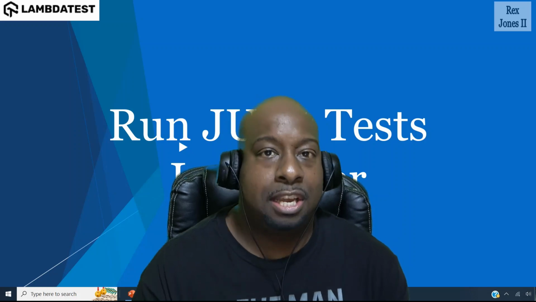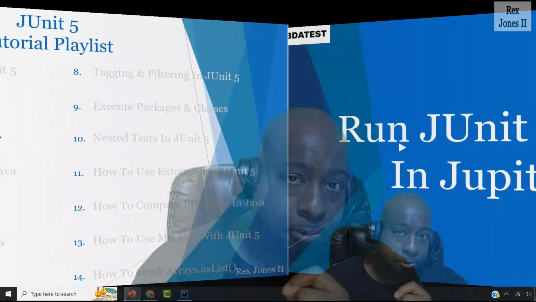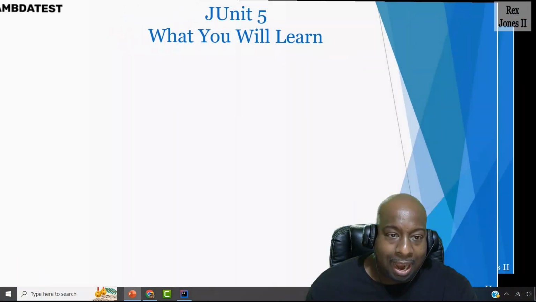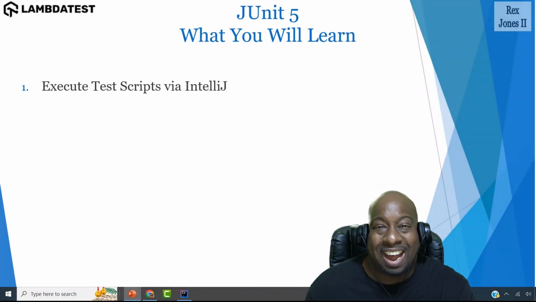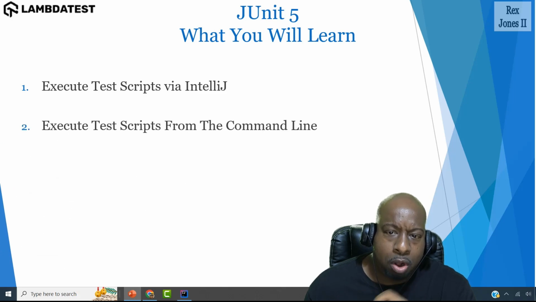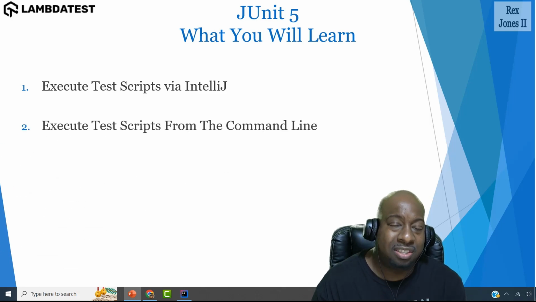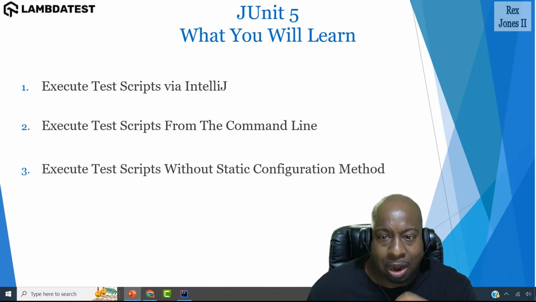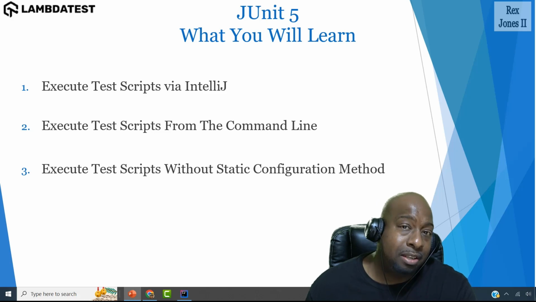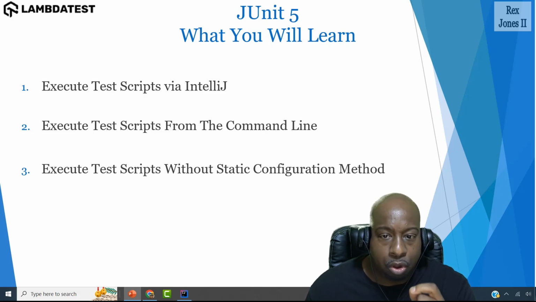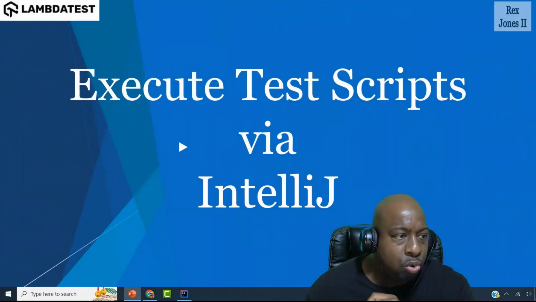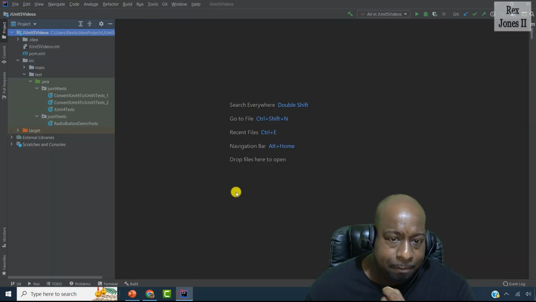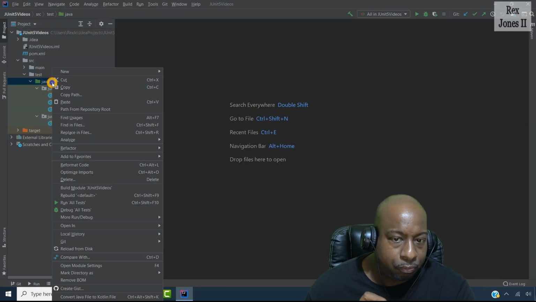There is more than one way to run our JUnit 5 test scripts. So in this session, I will demonstrate how to execute these test scripts using the IDE. Also, you will learn how to execute commands from Maven using the terminal. At the end, I am going to demo how to execute our test scripts without using a static method in the configuration annotation. For starters, let's run every test in the project by going to the IDE, right-clicking Java, and